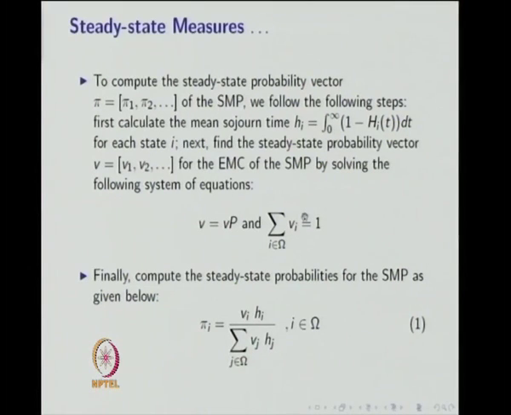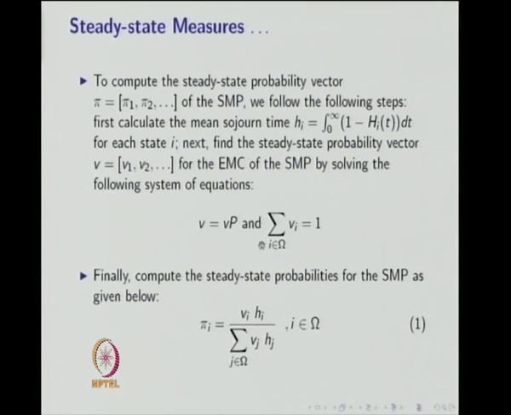So, you know P is the transition probability matrix. So, solve V equal to VP and summation of V_i equal to 1, and you will get the V_i's. The equation V equal to VP is a homogeneous equation, and including summation of V_i equal to 1, you will have a non-homogeneous system of equations. So, you can get the non-trivial solutions satisfying these two conditions.